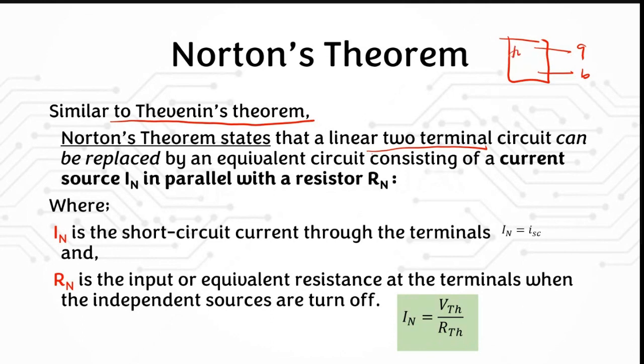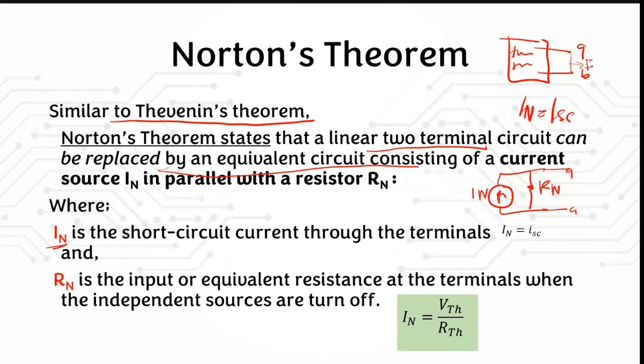This is a two-terminal circuit. Inside here can be replaced by an equivalent circuit consisting of a current, the Norton current, in parallel with the Norton resistance. At port A and B, IN is actually the short circuit current through here. So IN is equal to ISC, which is the short circuit current through terminals A and B, and then RN is actually equal to